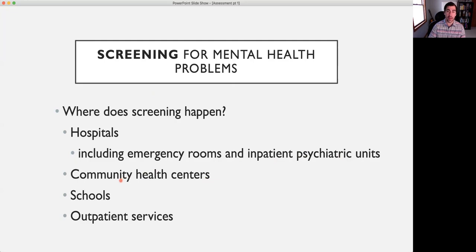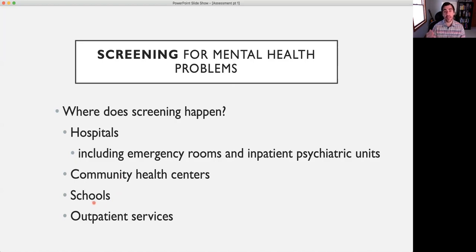So they may work with families, work with individuals who are getting other types of resources, but they may be doing screening for mental health, and then they could potentially make a referral to a psychological agency or something like that. Schools, a lot of schools, I should say, are heavily invested in screening for mental health problems. So we actually have researchers and clinicians here at Utah State University in the psychology department that focus on screening for mental health problems, including things like autism spectrum problems, including academic well-being and other mental health problems.